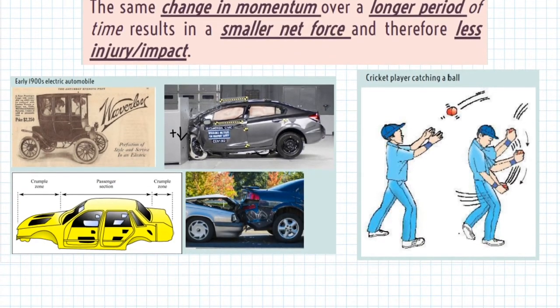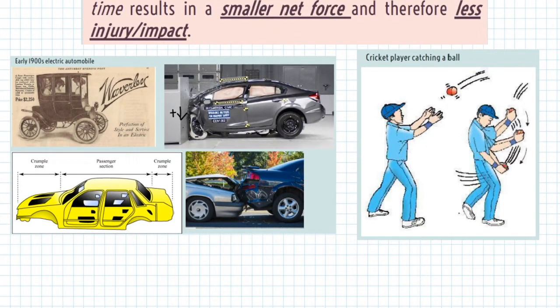So if we take a look at very old cars, right? So the old design of cars versus the new design. We see that in the new design, we have what we call crumple zones, normally at the front and at the back of the car. And these crumple zones are there to reduce the impact and therefore the injury that passengers inside of the car